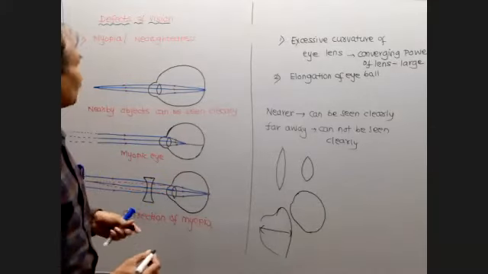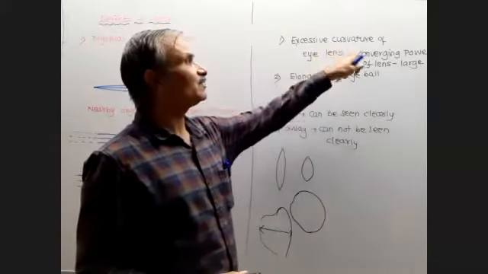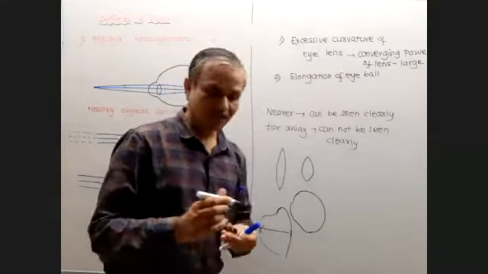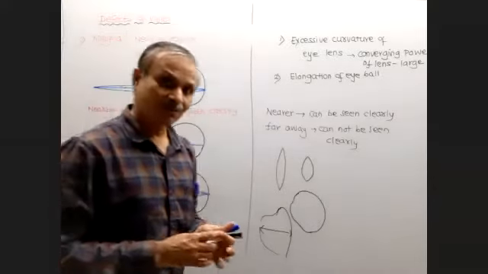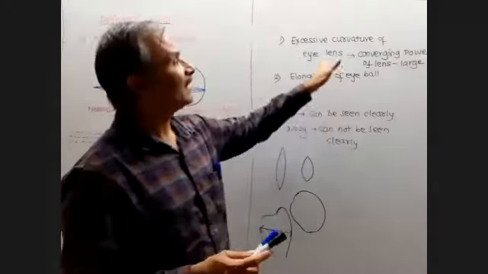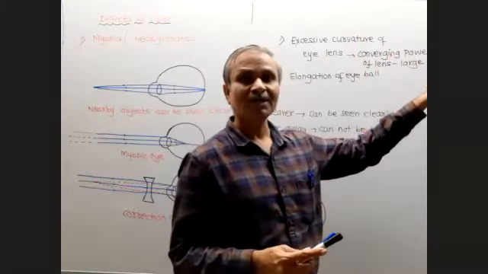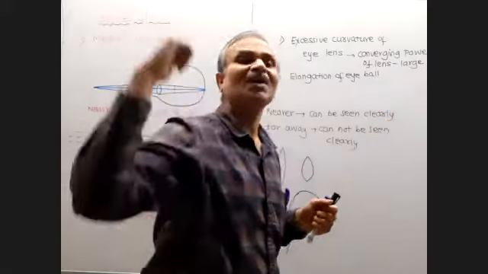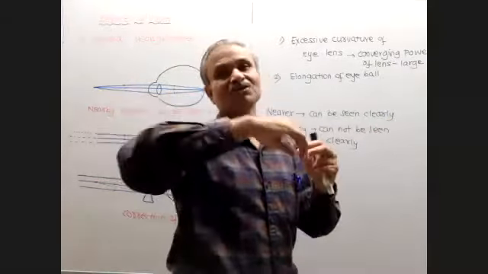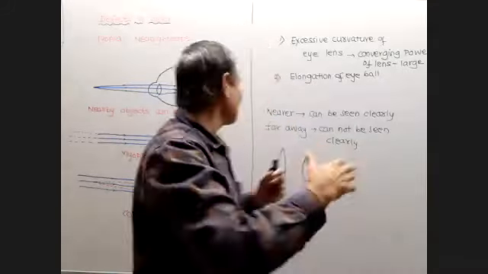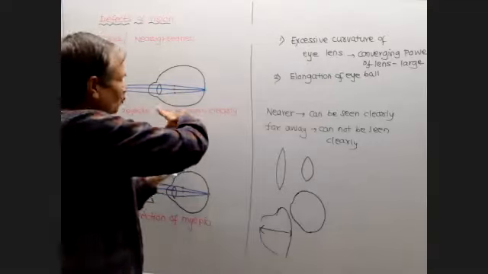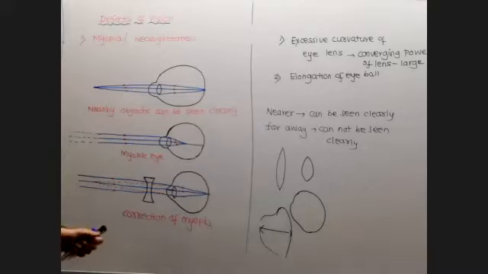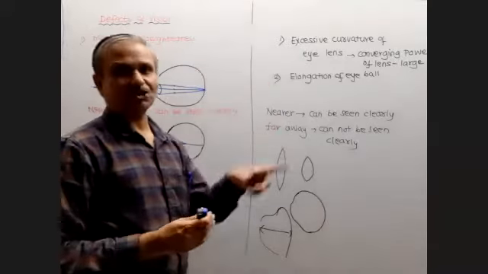So the two reasons for myopia: first is excessive curvature of the eye lens. What happens in excessive curvature? The ciliary muscles, which help for adaptation, will not help much more. That is why the converging power of the lens remains large, even if the objects are far away. Actually, once the objects are far away, the rays should diverge, but they will not go far away, and that is what we call forming before the retina. And second, elongation of the eyeball.